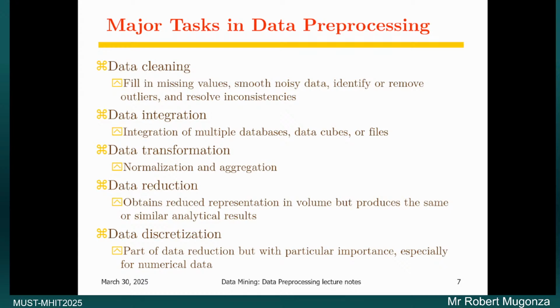And so in addition to data cleaning, surely we do integrate data. Apart from data integration, we do transform data. Data transformation, when we have poorly scaled data from one data source and the other data source has well-scaled data, then we might be pushed to transform our data such that it has the same kind of scaling. And if it requires aggregating, that is also possible.